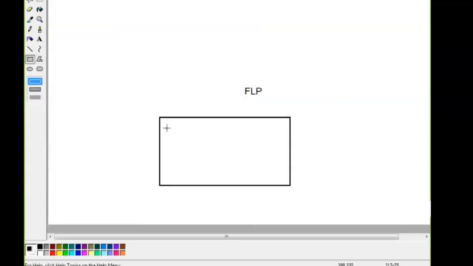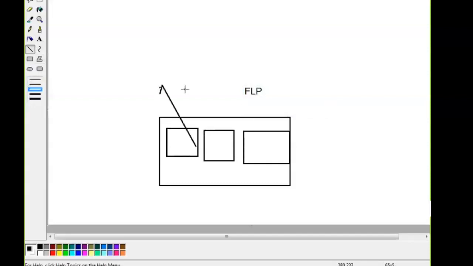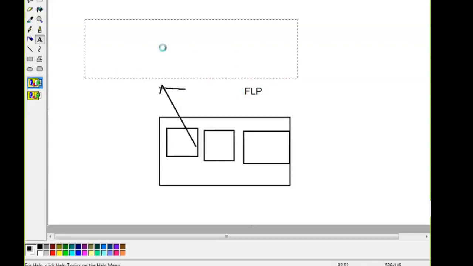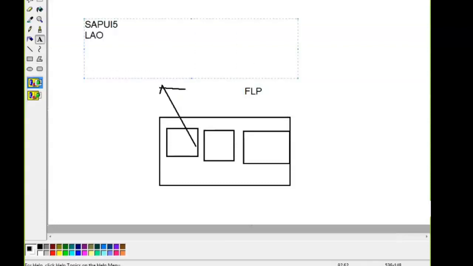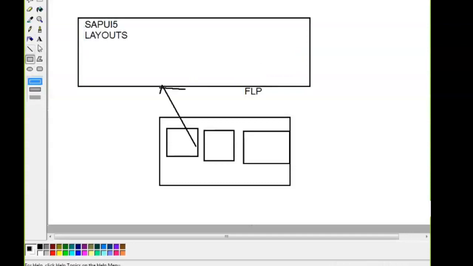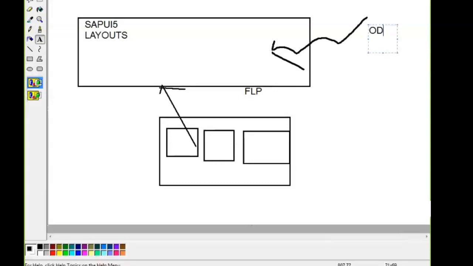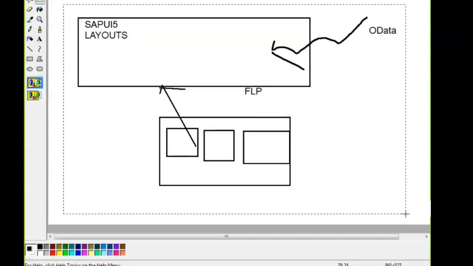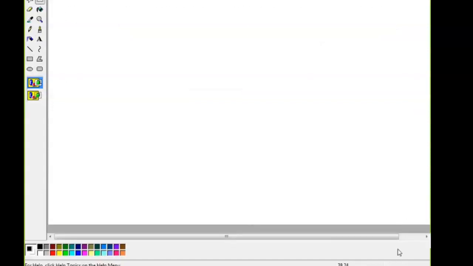you have Fiori apps, customized apps and standard apps. Okay, and you open them, you get what? You'll get SAP UI5 layouts. And you get the data into it through OData services. This is Fiori architecture 1. This is the very basic idea of three technologies. The one I told you is Fiori architecture 3. Okay, there is a 2 residing here. I thought that time is not sufficient, but let me tell you.